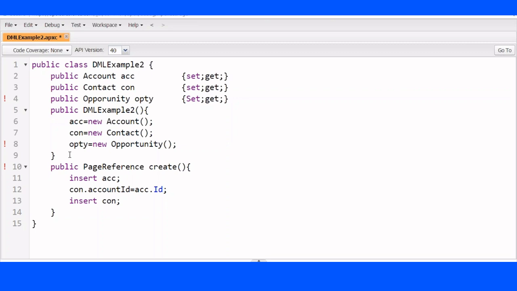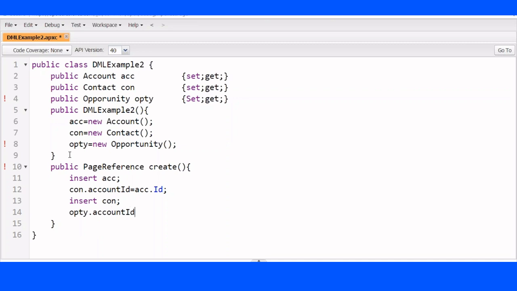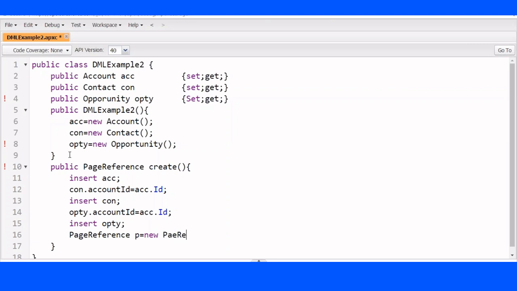Then, once you are done with this, I need to go with the opportunity. Opti dot account ID equal to ACC dot ID, insert. Then you want to go back to the page. Page reference P equal to